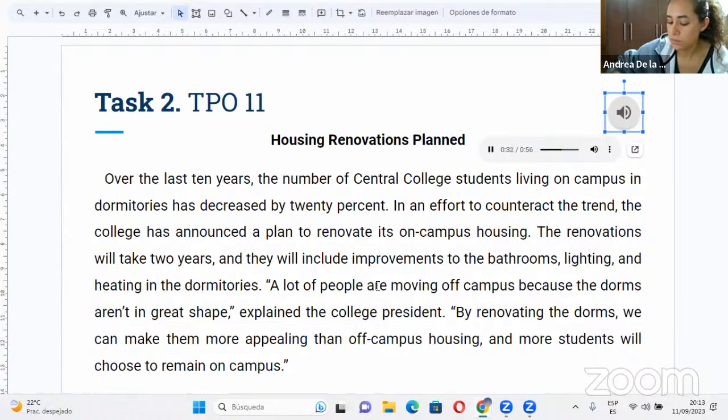But still, once all the construction's over, more people will probably want to live in the dorms, right? I mean, the living conditions will be so much better. If they can afford to. Do you know how the college is planning on paying for this plan? By raising the cost of campus housing. Oh, I didn't realize that. Yeah, so if it's more expensive, why would people want to move back into the dorms if they can rent an apartment for less money?